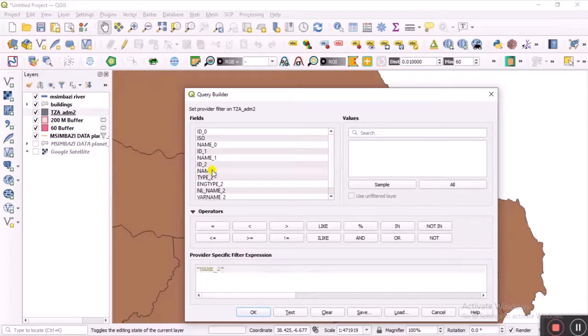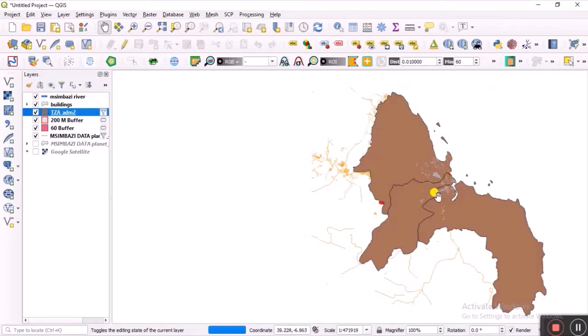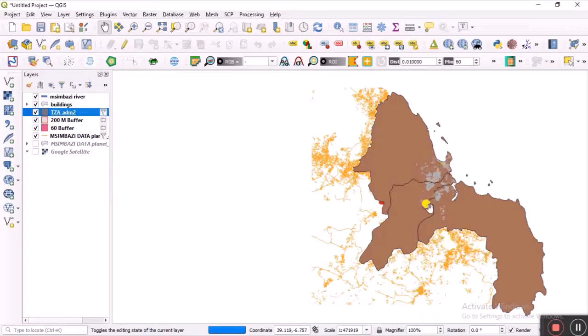Then we can go to name type 2, name level 2 is equal. Then we can choose, no, let's name, actually name level 2 is the district, but if you want region, it's name level 1, so its name is equal to sample, which is Dar es Salaam. Then you can click OK, and as you can see now, we have remained with only